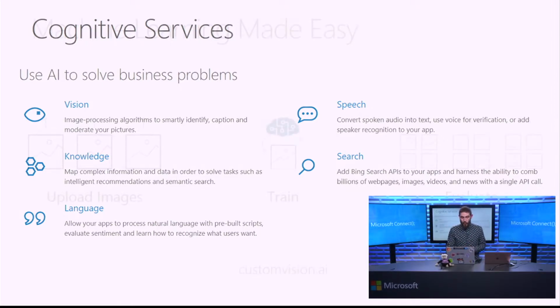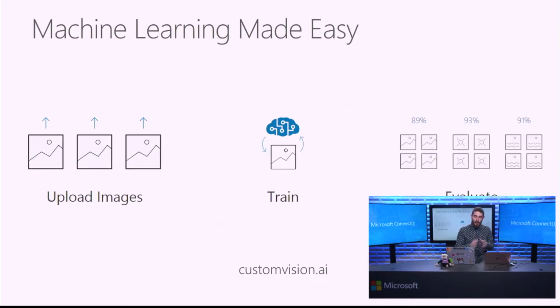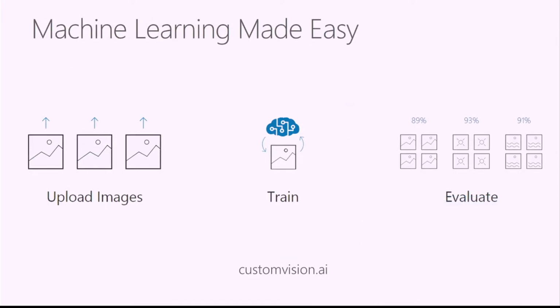But one of my favorite ones is how we're making machine learning actually easy with customvision.ai. Custom Vision is one of my favorite tools that we have here at Microsoft. There are so many of my favorite tools, to be honest with you. But it allows you to upload a set of training images that you can mark with attributes. You can train a model in the cloud and actually export an iOS Core ML model that you can use